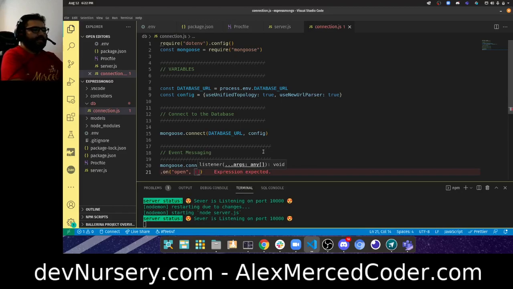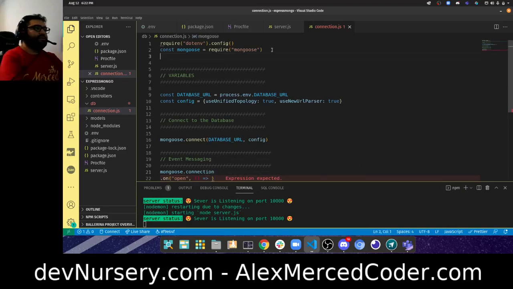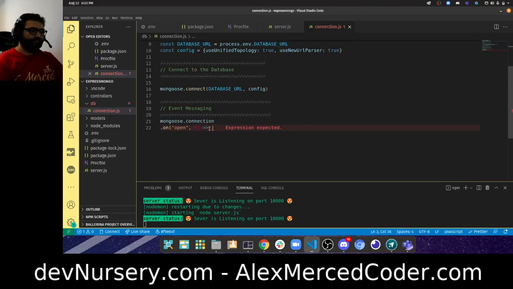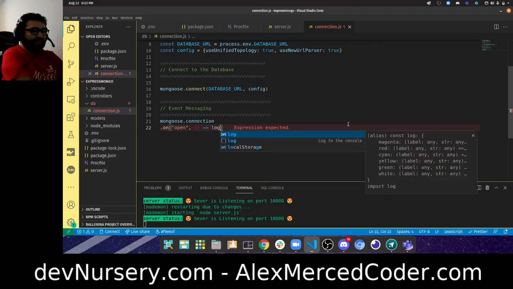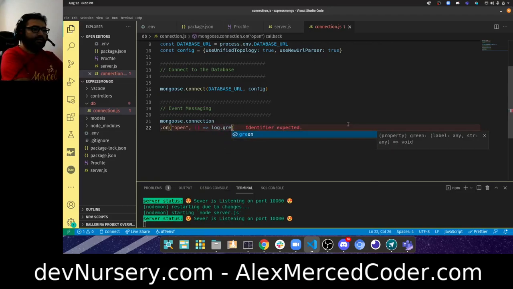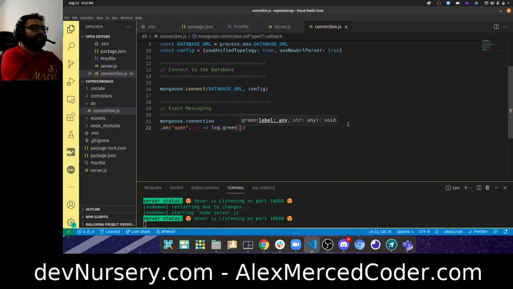And basically what we're going to do is do a function. I want to use Merced logger, so let me import that. const log equals require Merced logger. So this is so when the connection opens, that's a good thing. So I'm going to use a green message, log.green. Okay, so log.green, and then we're going to say database status,